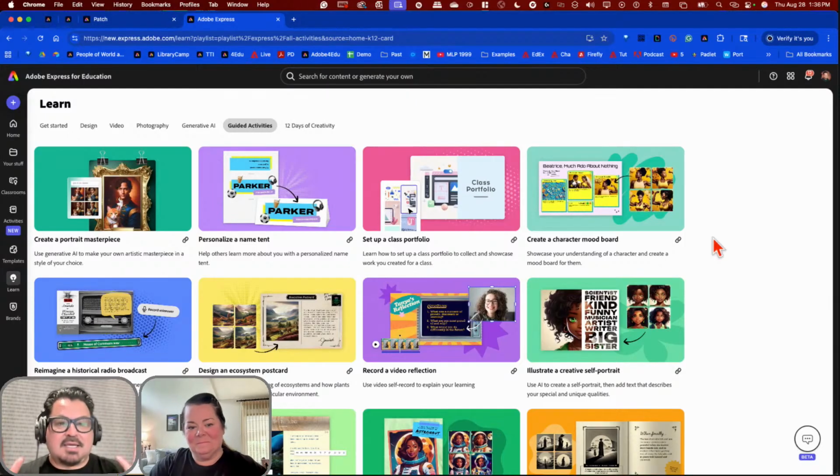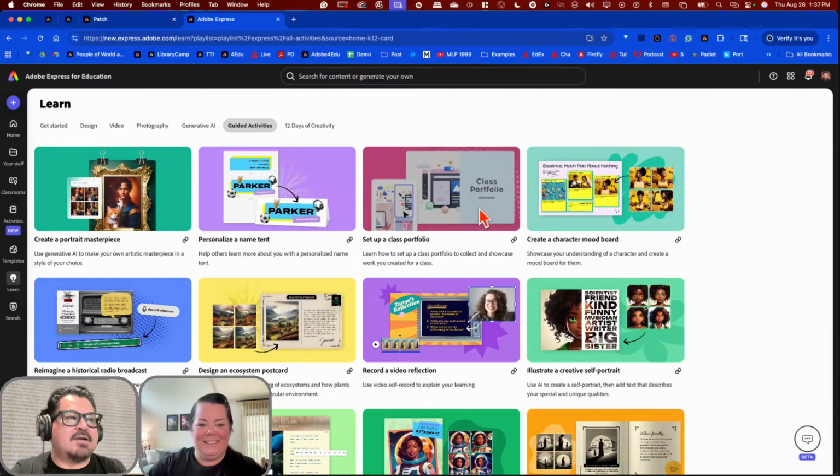And I always say this: as teachers, have your portfolio with the elements that you want, but also allow the students to create their own portfolio of the stuff that they care about. And I'm not just talking about school, I'm also talking about their personal activities as well, whether it's sports, art, music, whatever that might be. And that's what we're going to get into today, ladies and gentlemen. So we are back in guided activities, and the one that we are going to play with today is right up here, and it says